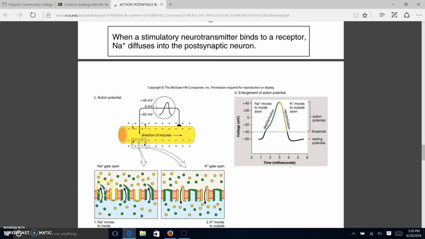Well, these gates are timed, so they actually start closing, and as they close, then these gates here, the potassium gates, open up and potassium starts leaving. Well, if potassium starts leaving, we become negative again. Now, this is actually an example of what we call a positive feedback loop, and this is the signature that we get in this thing that happens in the axon, which is actually called the action potential. It is a repeating depolarization, repolarization, depolarization, repolarization as the signal moves down the channel in one